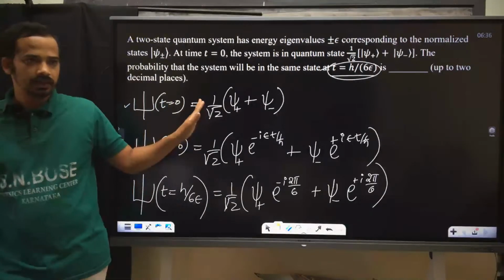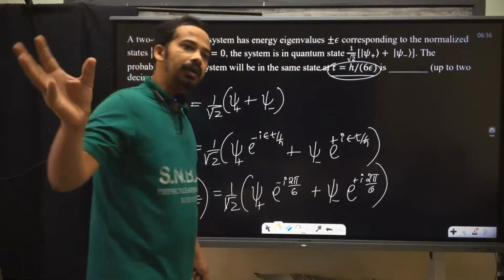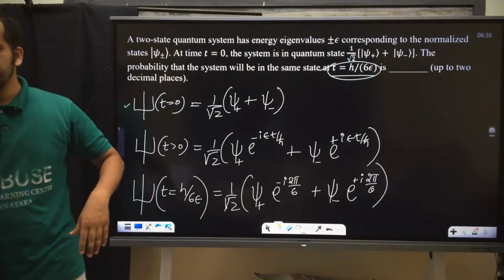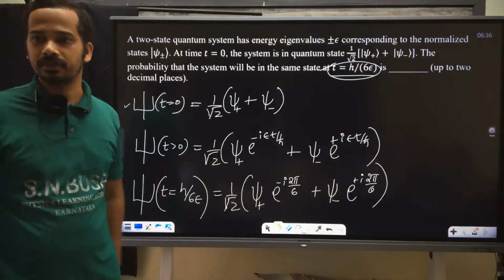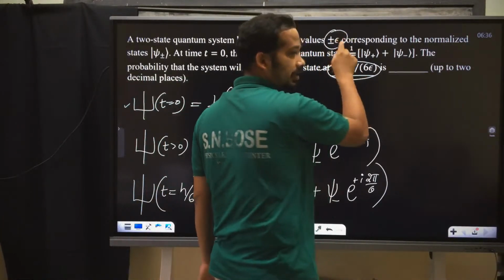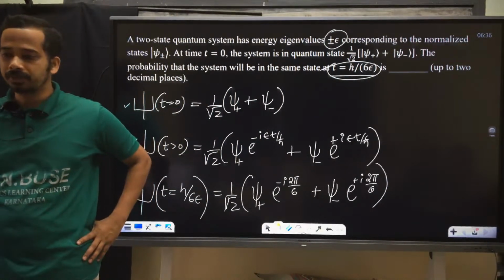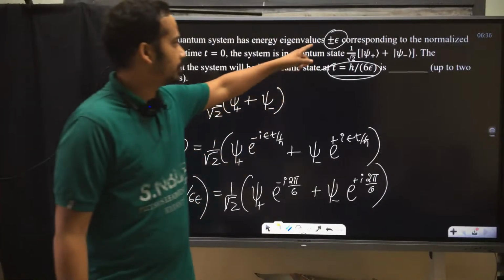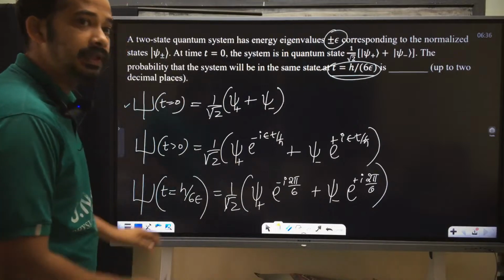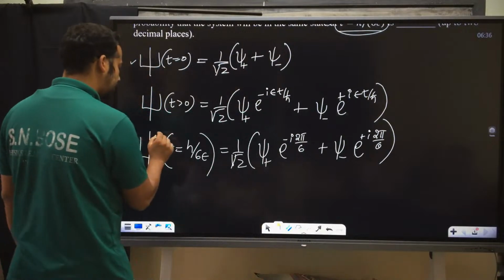In the case of energy, it's a linear combination of energy eigenstates. In spin, a linear combination of energy eigenstates can be one of the spin states, Sx, Sy, Sz. That is possible in spin. Whenever you see this plus or minus E energy, you can link it with a spin related problem. When the spin of a particle is placed in an external magnetic field, it will possess plus or minus E energy. So it is related to spin only, that's why it is possible. At t equal to this one you are doing the measurement, which means this is the state before measurement.